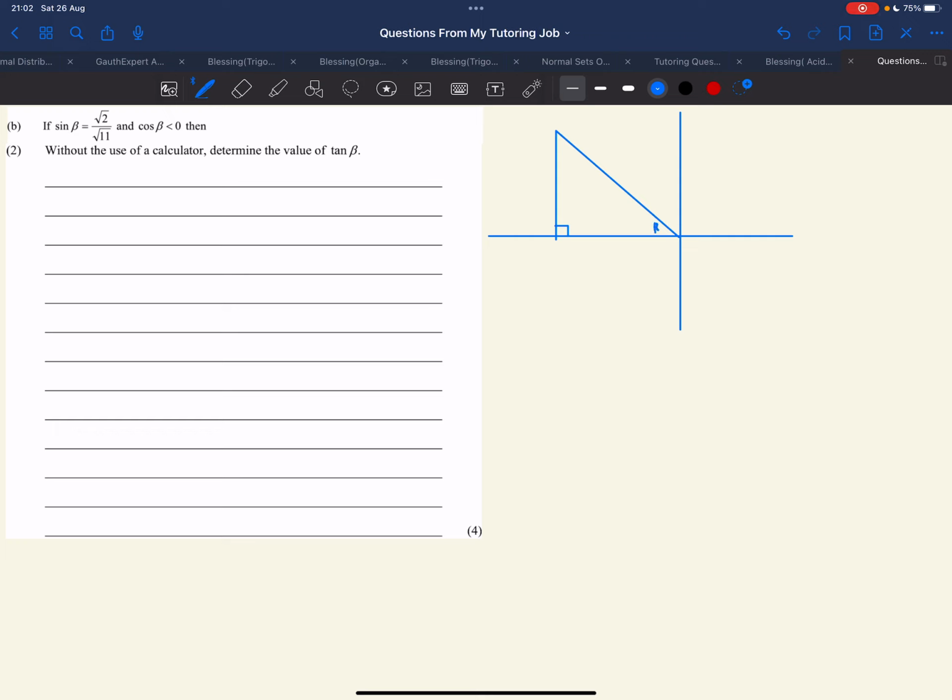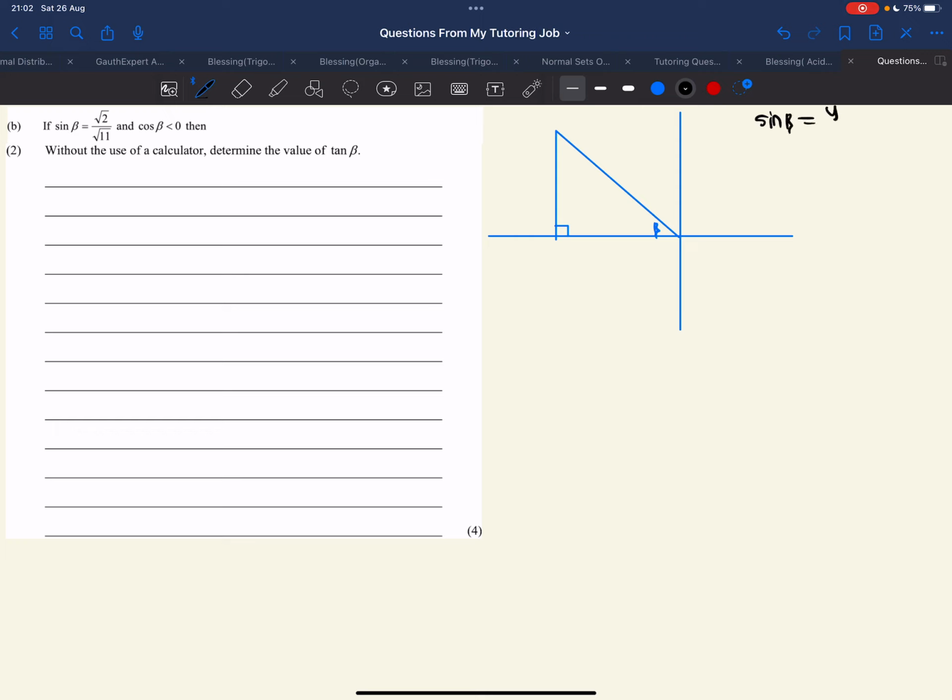We can refer to that as beta. Now we are given that sine beta equals square root 2 over square root 11. Now remember, according to the trigonometric ratios, we know that sine of beta is